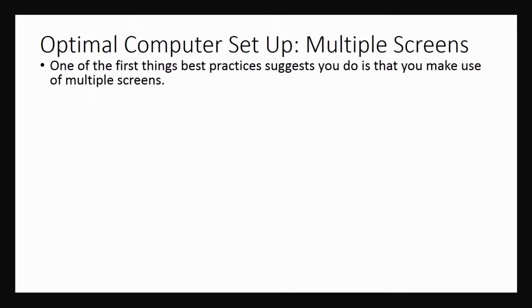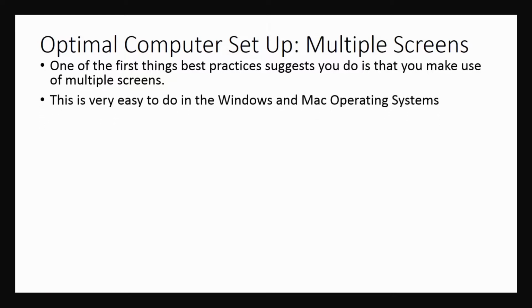One of the first best practices when you are using Camtasia 9 is that you make use of multiple screens, and that can be the screen on your laptop as well as a monitor. It can be the screen on your desktop as well as another monitor. It can be two monitors. The fact of the matter is that you need to make use of multiple screens if you're going to be most effective in screencasting. And making those monitors available and making them work with your operating system is very easy